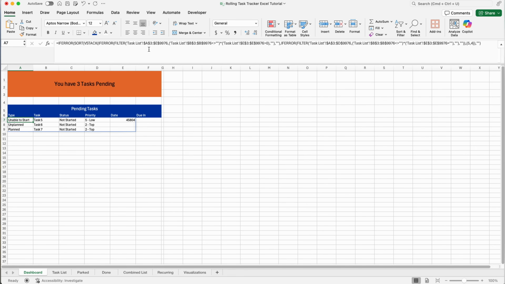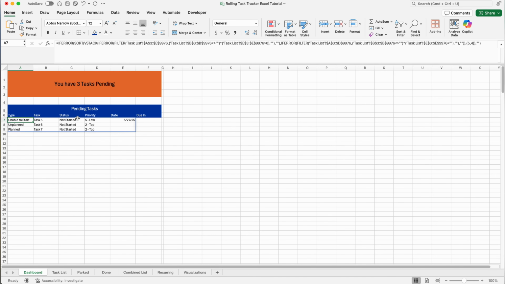One thing to point out is that this does contain both open parentheses and open curly braces. For example, right here with the 5 and the 4 is an open curly brace. I'm stacking everything and then sorting it by the due date and then the priority. So that's where these curly braces come into play. All right, but just to read it out for you to make it easier to follow along with,